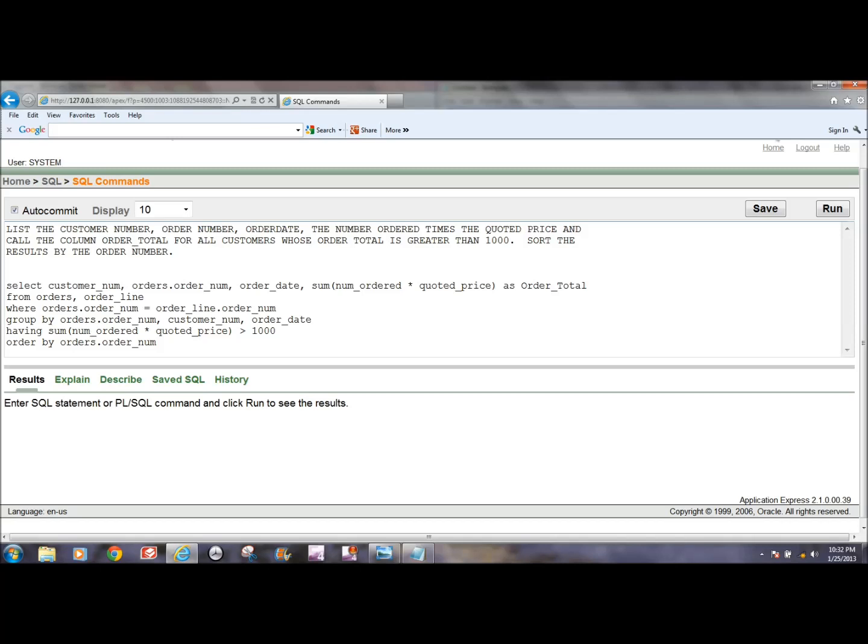Now we're going to use the orders table and order line table. So we put that in our from clause here. Then we simply have to join these tables together. We put that in our where clause here, where I'm highlighting. We say orders.order number from the orders table equals order line.order number from the order